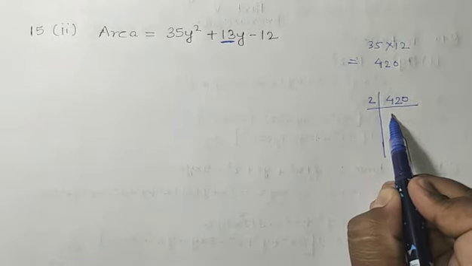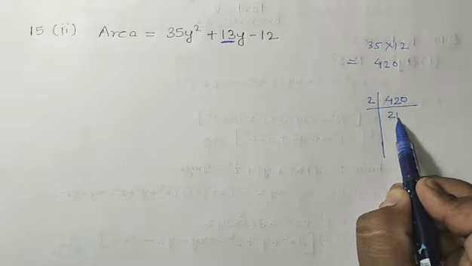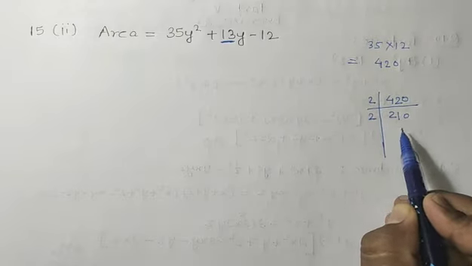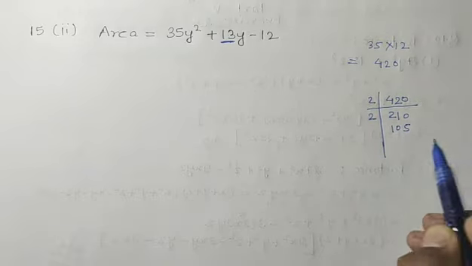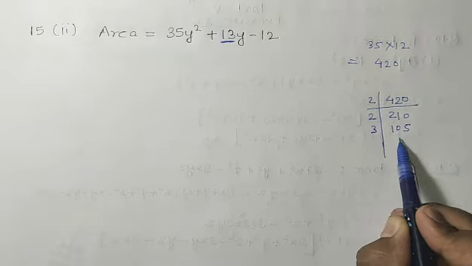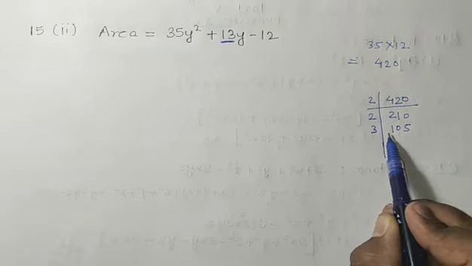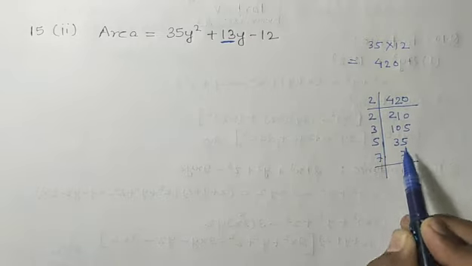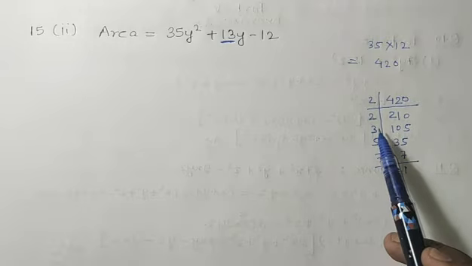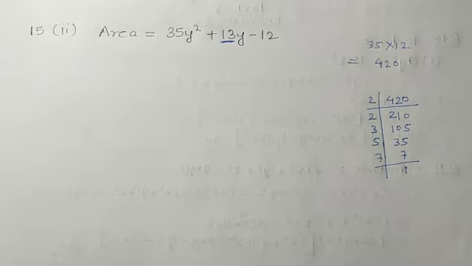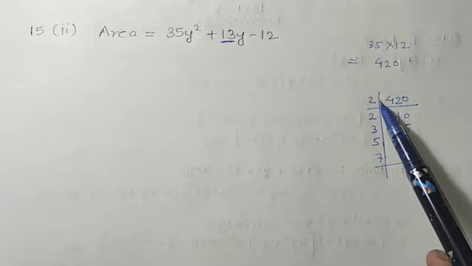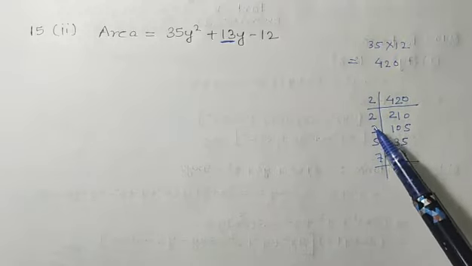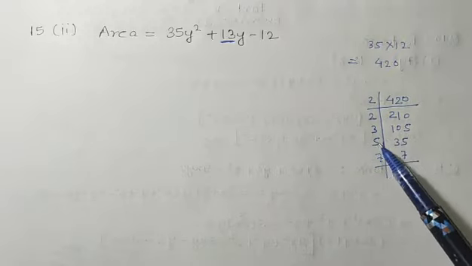So when you factorize it, you will get what? 2 2s are 4, 2 1s are 2, this will be 210. Again when you divide it by 2, you will get 105. Then just divide it by 3, so 35 3s are 105, you will get 35. Then 5 7s are 35 and 7 1s are 7. Okay, so you have got 2 into 2 into 3 into 5 into 7. Now students, with the help of this you can find into which two numbers you will split this 13 so that you will get the product as 420.